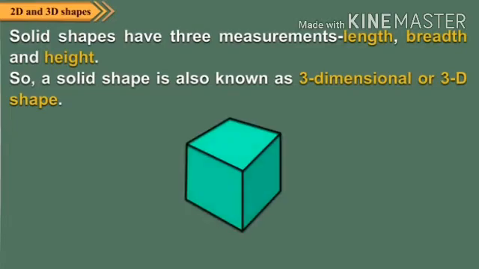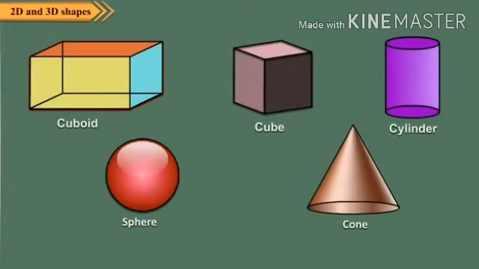Solid shapes have 3 measurements: length, breadth, and height. So a solid shape is also known as 3-dimensional or 3D shapes. Solids have faces, edges, and vertices. Some of the shapes of solids are: